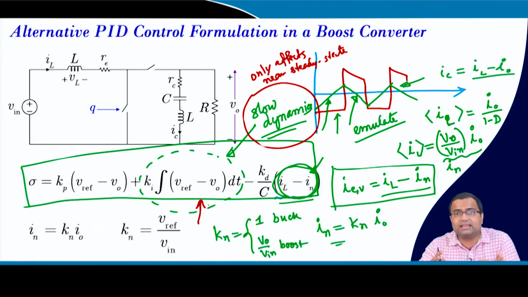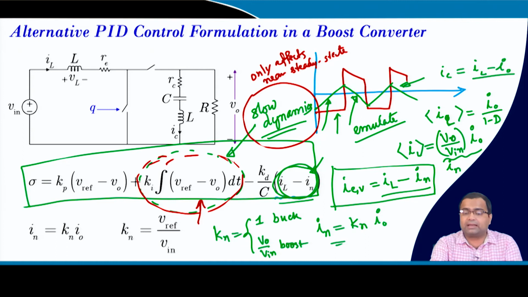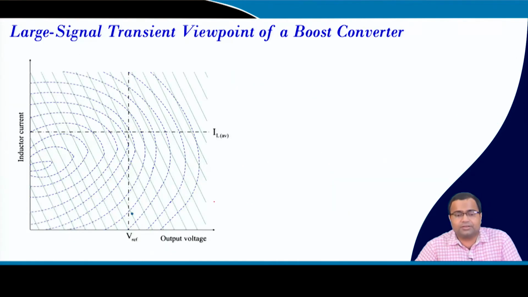But we are generally considering the integral slower, and we are talking about time optimal control, where the recovery is extremely fast, where this action comes close to steady state. So, even though you keep this integral action, and if we do not consider this during the actual formulation, and if we incorporate it in your actual implementation, it will not make much difference. Rather, this will make your error nearly 0, so that your output voltage will be regulated at the desired value. So, now we want to visualize for a boost converter.